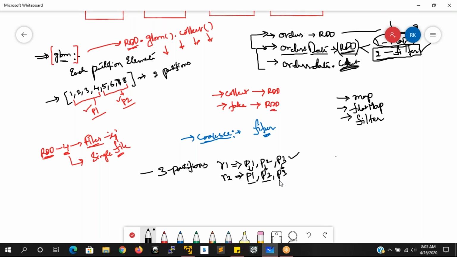P3 is a blank partition. That means from partition 3, after the filter is applied, there are no records which satisfy the filtering condition, for example. In that case, it is going to generate one blank partition.